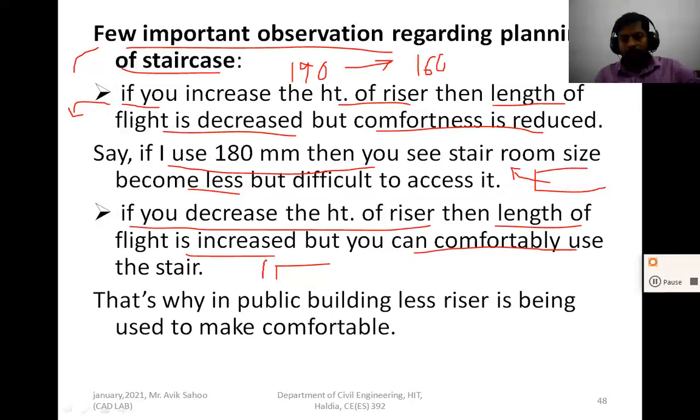But the problem is, if I use a lower riser, the length of flight is large, so automatically the size of the stair room also becomes large. You have to remember these points when you plan staircases.